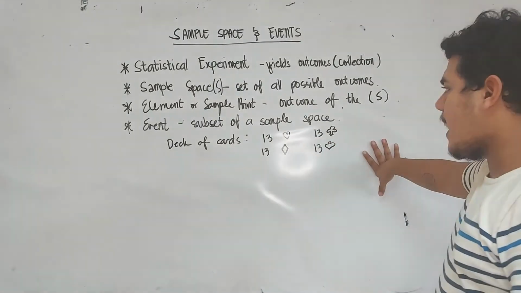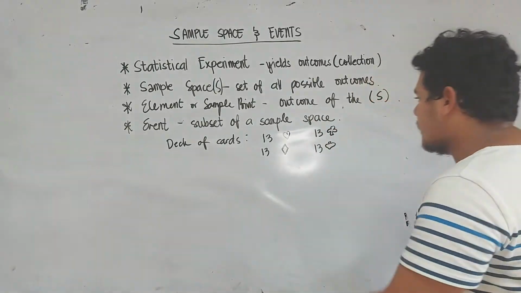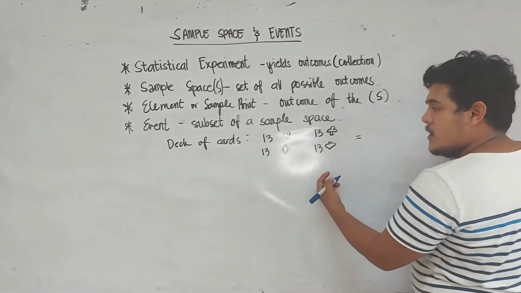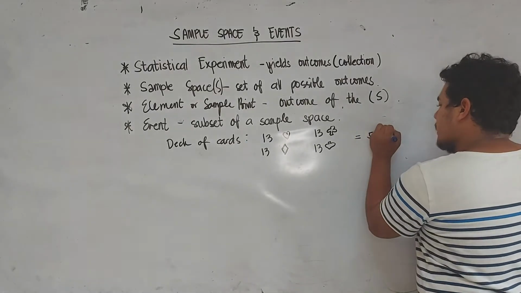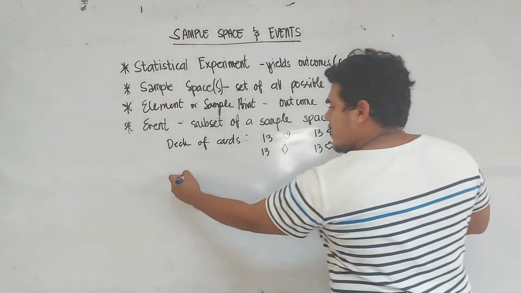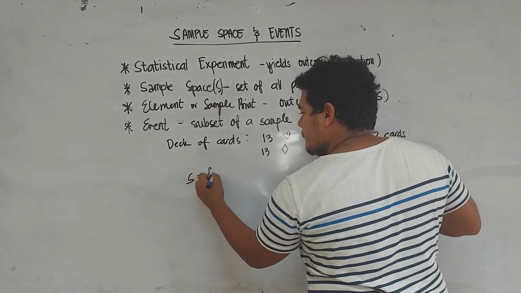With that given, how many cards are there in a deck of cards? We have 13 times 4. That is 52 cards. So, therefore, in this given, our S equals 52